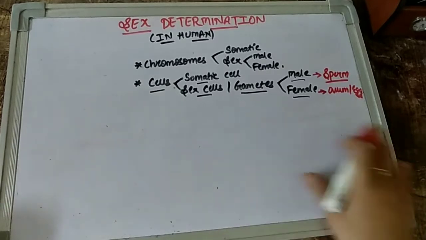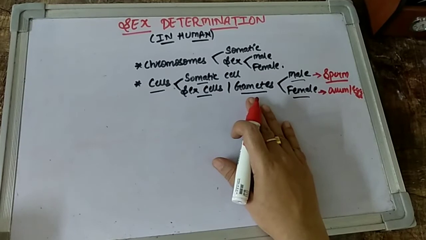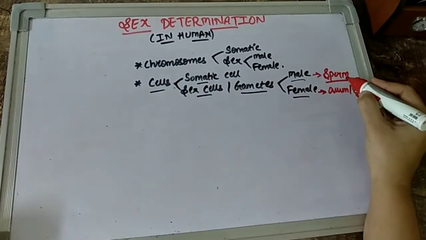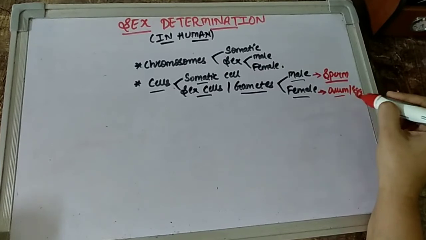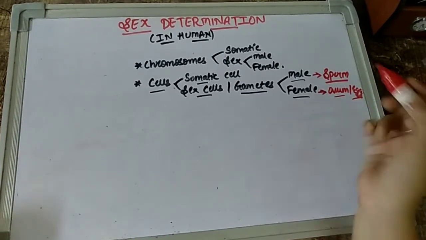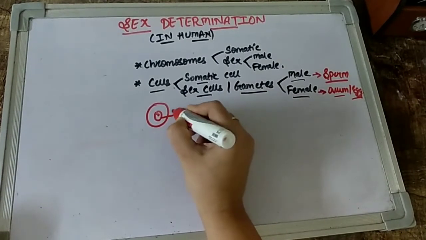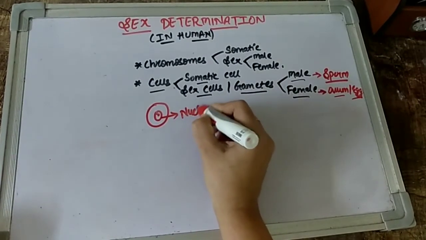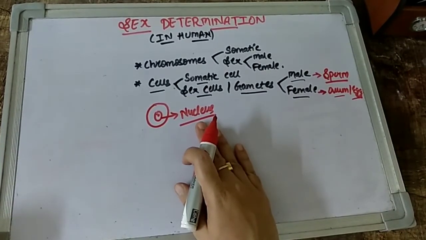So till now we are clear that when we talk about sex cells or the gametes in the case of humans, the male sex cell or gamete is the sperm, and the female sex cell or gamete is the egg or the ovum. Now we all know, children, that when we talk about a cell, there is one structure present inside the cell which is very important, the controlling unit, something we call the nucleus, right?